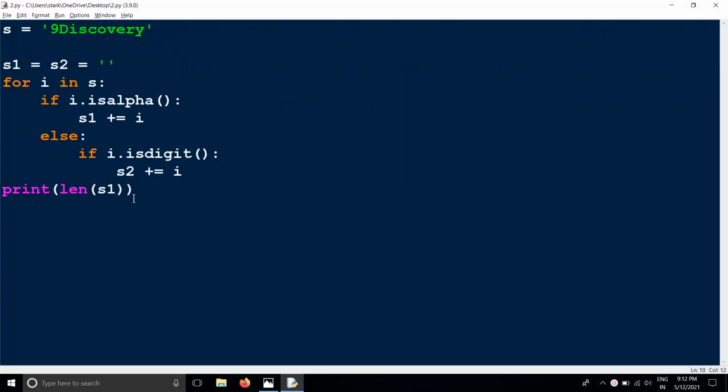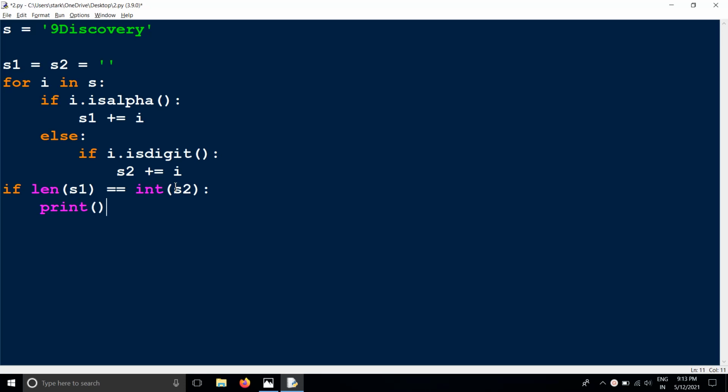So now I'm going to take here: if length of S1, meaning the length of the string, is equal to int of S2, I'm converting this string to integer, so int of S2, you should return true.